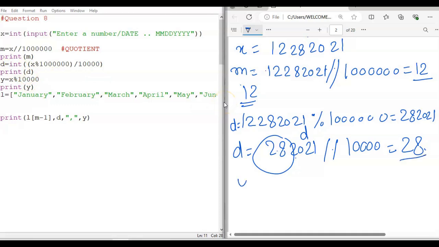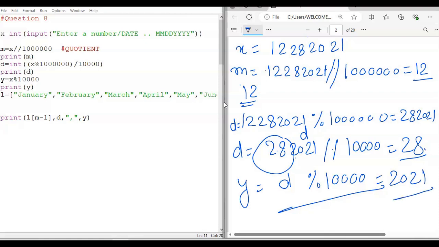And when again you will find the modulus of it, this one, so it is d divided by 10200. So this will give you what? This will give you the year, so 2021. And now finally you will be converting this 12 into what? M minus 1. So m value is 12 only. So this m value 12 minus 1 is equal to 11, and 11 is 0, 1, 2, 3. When you go for 11, it will be November. So it will display the same thing.